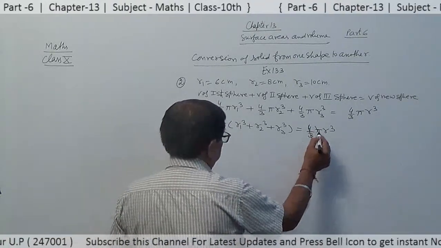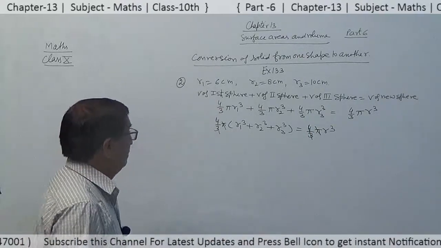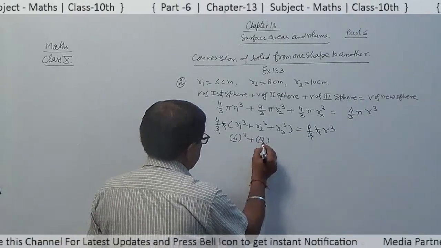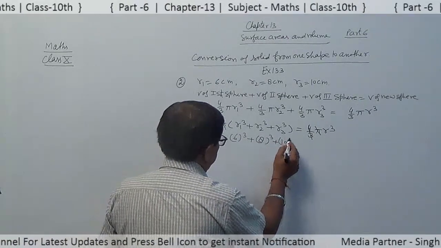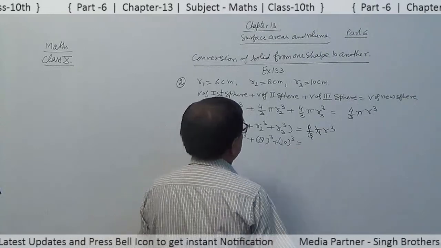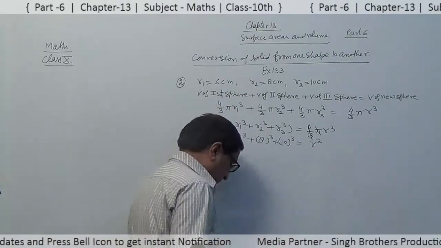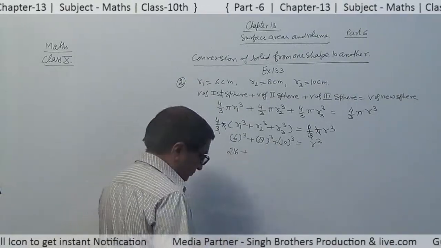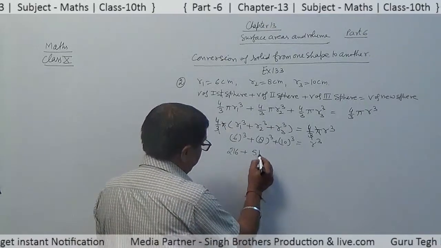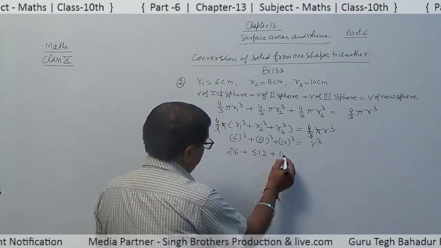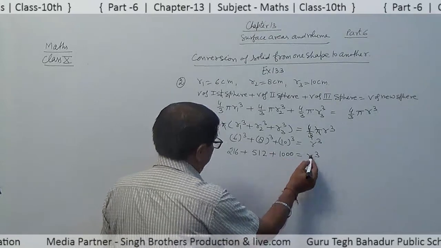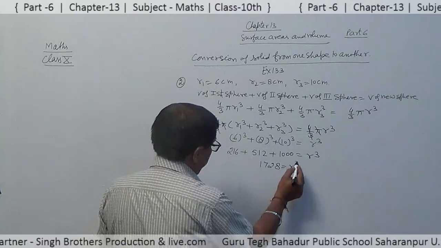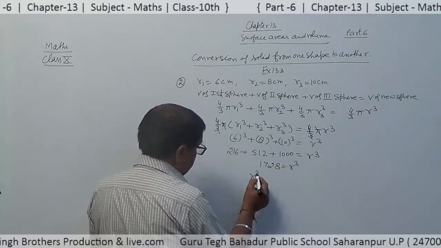4/3 cancel, pi cancel. Putting the values of r1, r2 and r3: 6 cube plus 8 cube plus 10 cube is equal to r cube. 6 cube is 6 into 6 into 6, 216. 8 into 8 into 8, 512. 10 into 10 into 10, 1000. The sum is 1728, and r cube is equal to